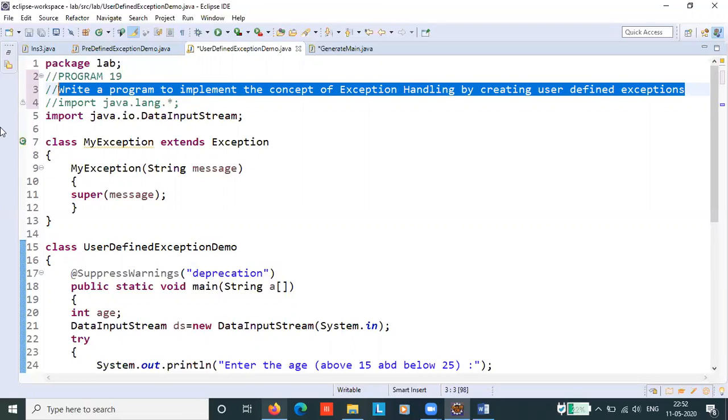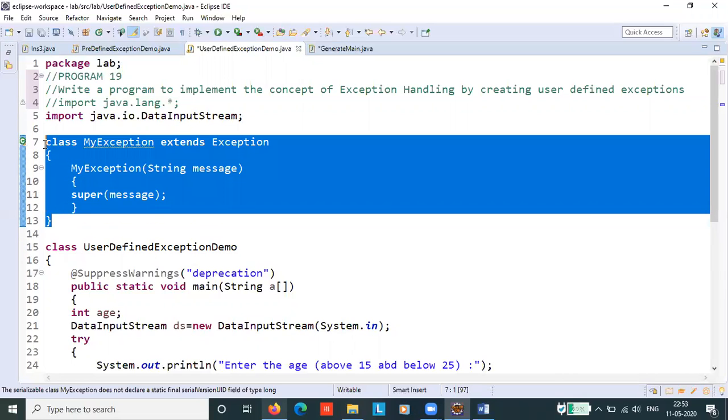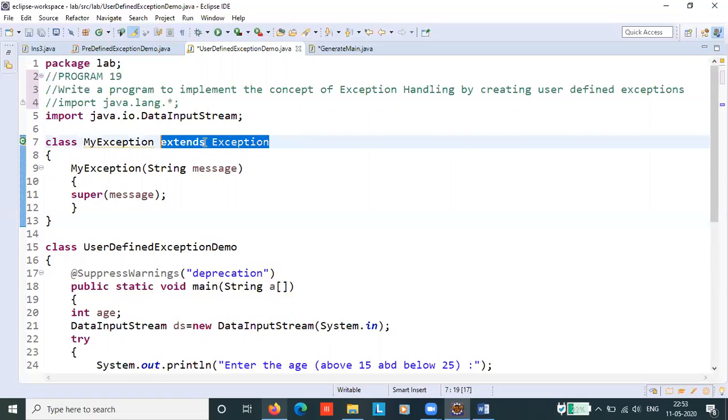For that, we have a class called myException, which is extending the Exception class. Look at the statement: class myException extends Exception. This is the first thing. Then we have a constructor